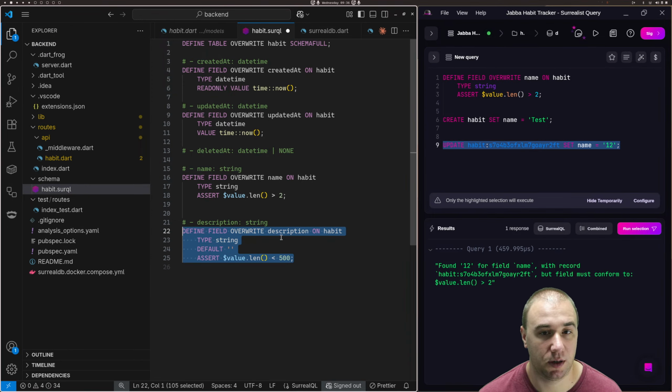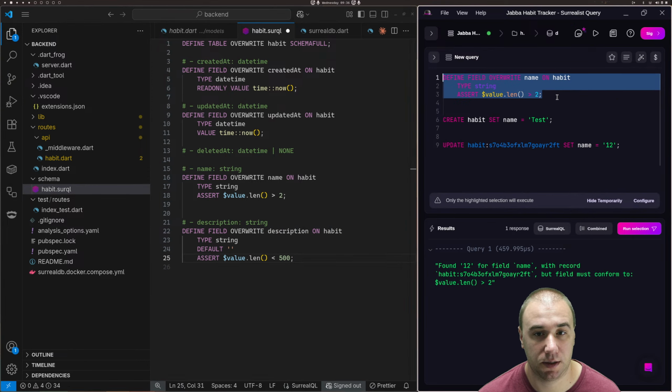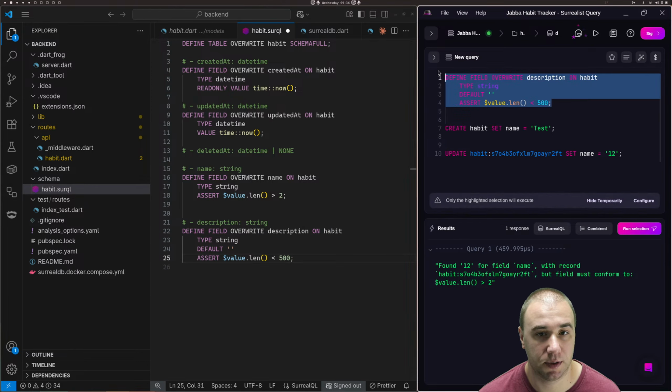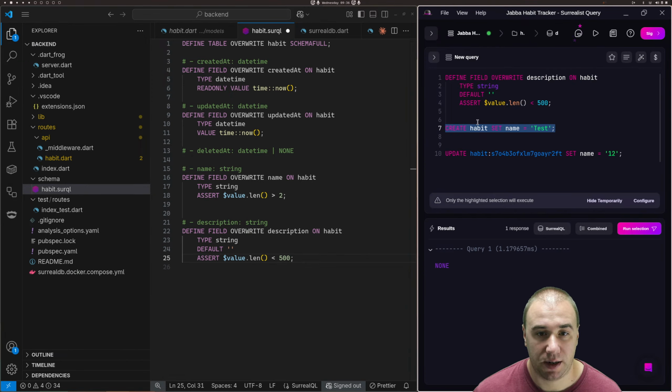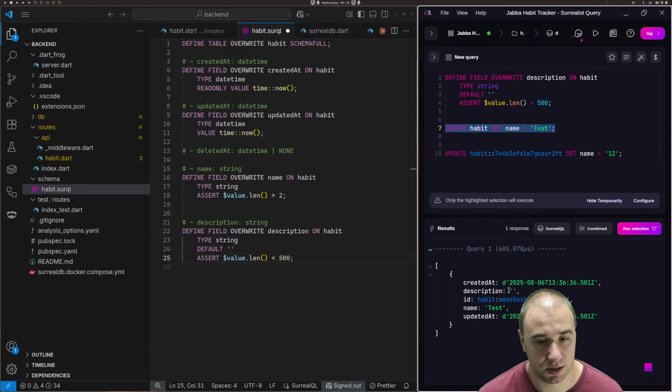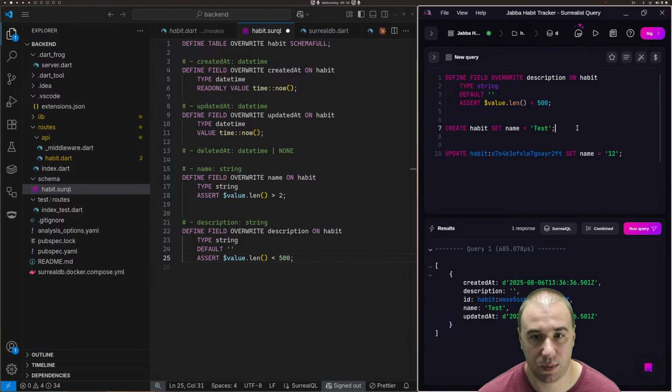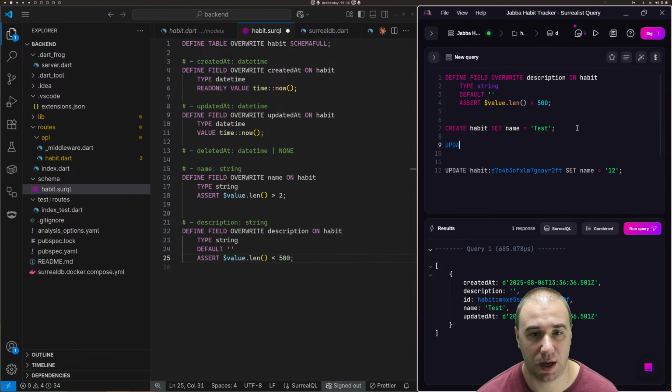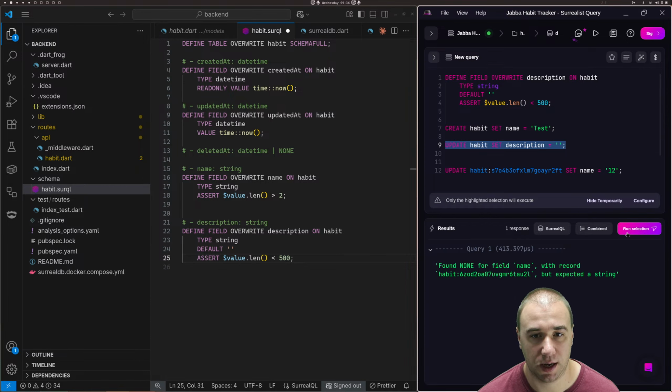This way, if I grab that, apply it here, and run, right? We added that field. If I create another habit, you can see the description is already present. It's null, so we will always have it. So we're all good, and for now, we can update all the habits where we set the description to an empty thing. So we run selection, and